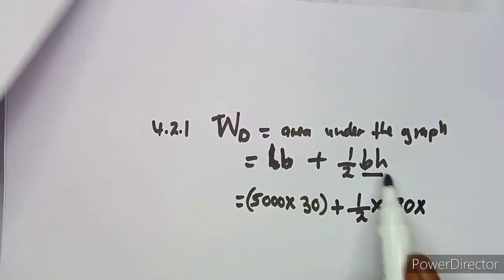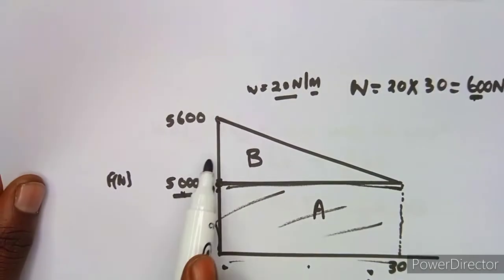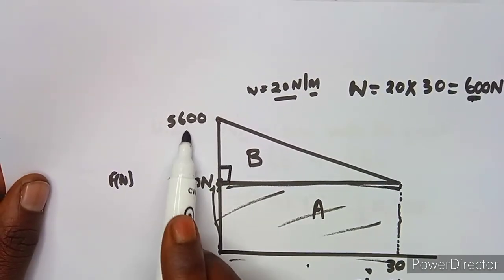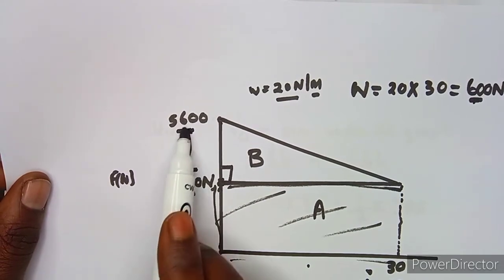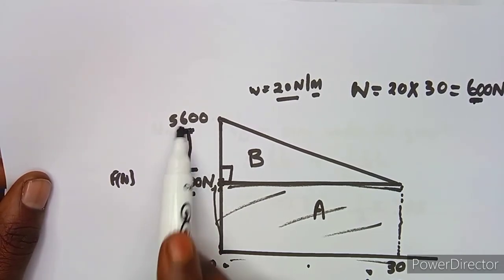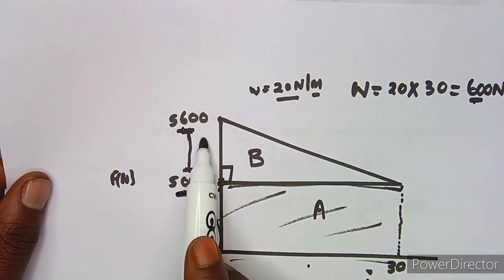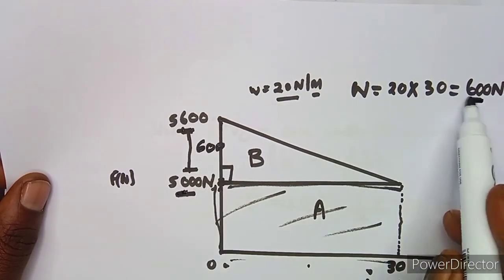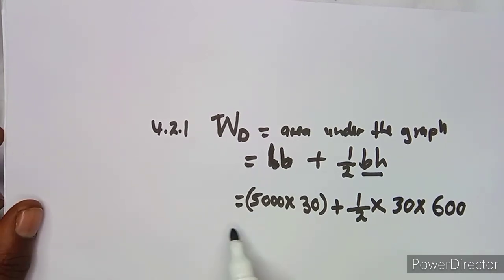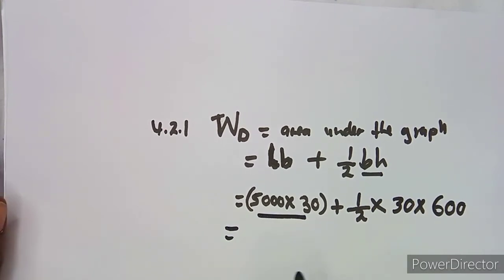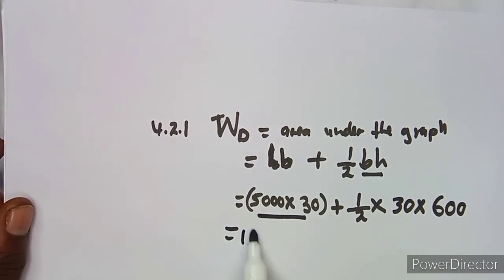Multiply by the perpendicular height. So this is the height of the triangle here, which is the difference between these two, because here it's 5,000, here it's 5,600. So 5,600 minus 5,000, which is that difference of 600 that we had here. So that is what you're going to have there. It is easier when you've got a diagram, as you can see. Now you can just combine your values, which is going to give you 150,000